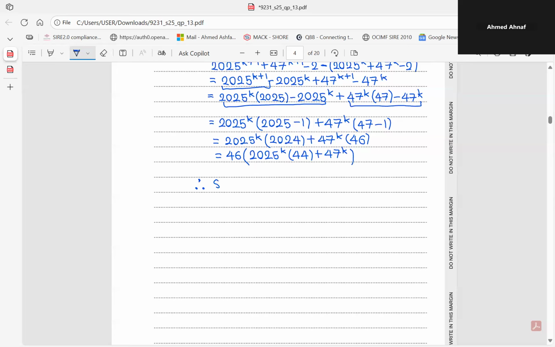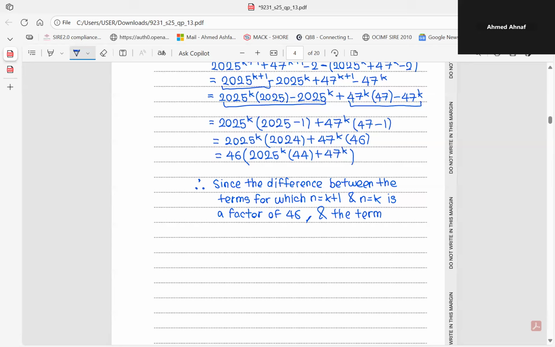So you can say since the difference between the terms for which n equals k plus 1 and n equals k is a factor of 46, and the term for which n equals k is also a factor of 46,